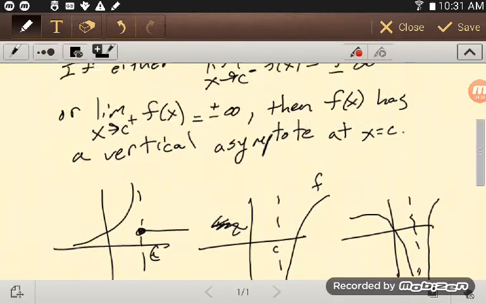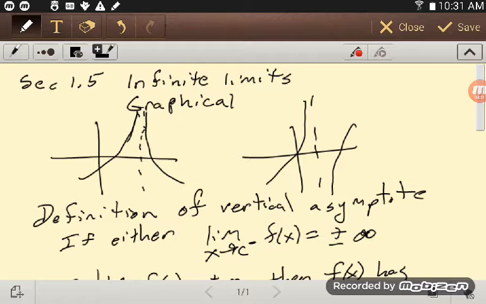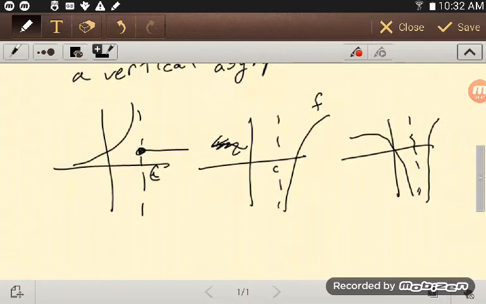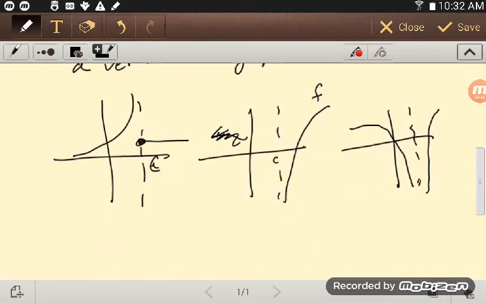So again, if we look back up here, this graph has a vertical asymptote at that c value, whatever that is, because in this case both grew without bound, but one in the positive direction, one in the negative direction. It doesn't really matter, but we could also have the function defined at c, something like this over here, and that's fine. So again, graphically,